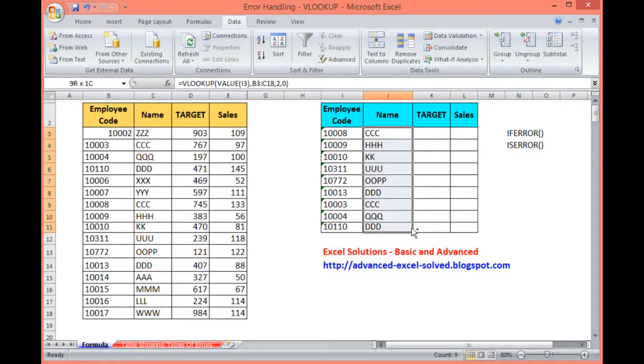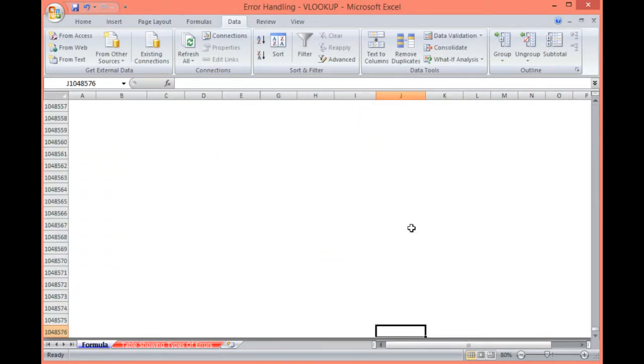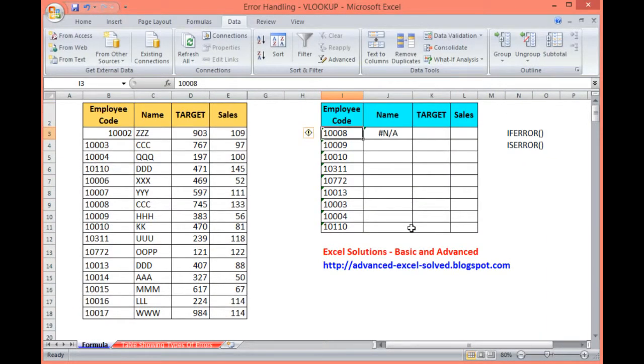So what does this function do here? Type equal to VLOOKUP, select the lookup value, select the table array, put the column index number and exact match, and fill it with the same formula by pressing Ctrl D.